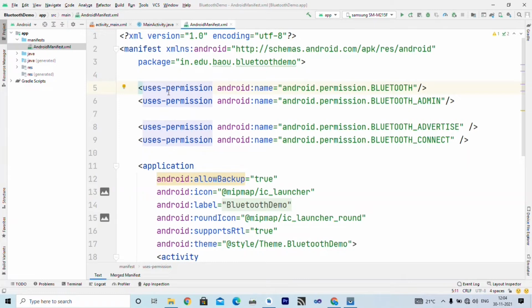manifest file. The first permission is Bluetooth, second is Bluetooth admin, third is Bluetooth advertise, and the fourth permission you require is Bluetooth connect.